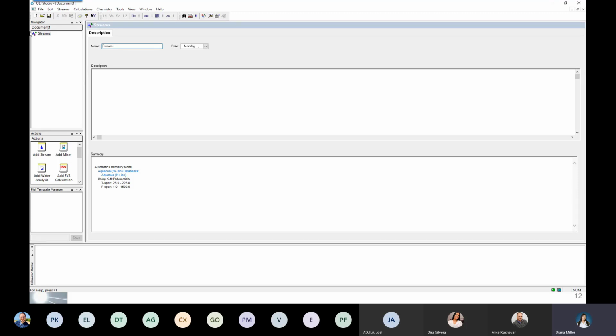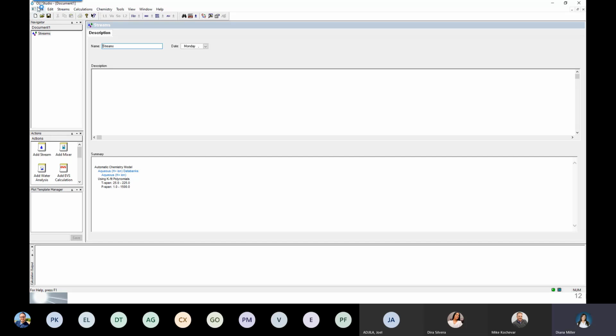The navigator panel is where you will see which files are open at a given time. The name of the open file is given in this header right here. By default, this document has been called Document 1. We can change the name and save it as